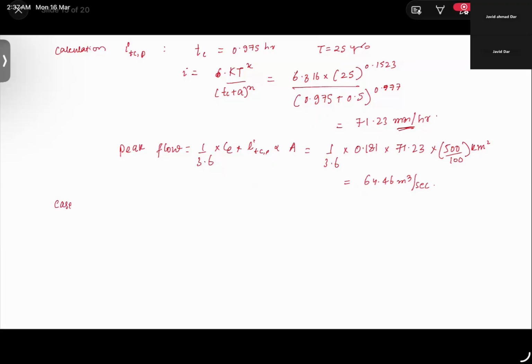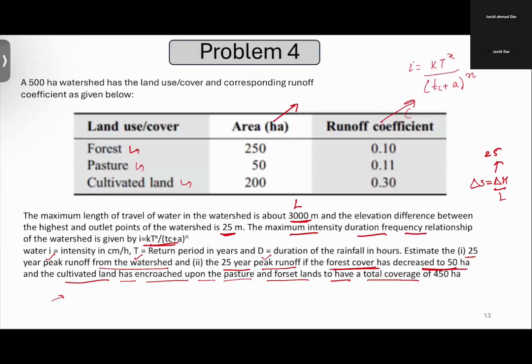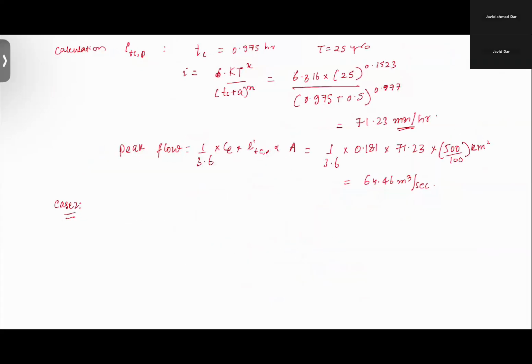Now in the case second, where it's mentioned, if you go back to the problem, that the forest cover has decreased to, sorry, 50 hectare. So now this is 50 hectare here, and cultivated land has increased, and this has reached a total coverage of 450. So now the thing that will change from altering this land use land cover is the runoff coefficient. So we again need to calculate the runoff coefficient, but it's important to note that all the pasture land that we had is now in the cultivated land. So this is gone, this is 0, this will be 50, and the rest of 200 will be included into the cultivated land. So this is going to be 50 hectare, 0 hectare,